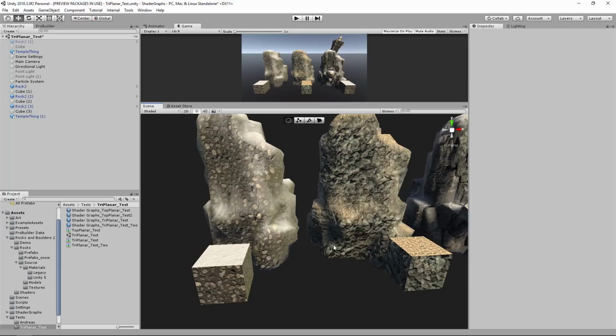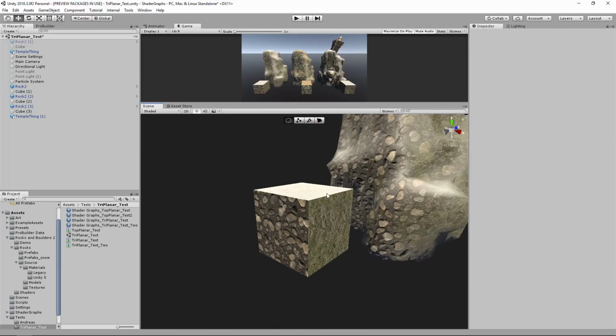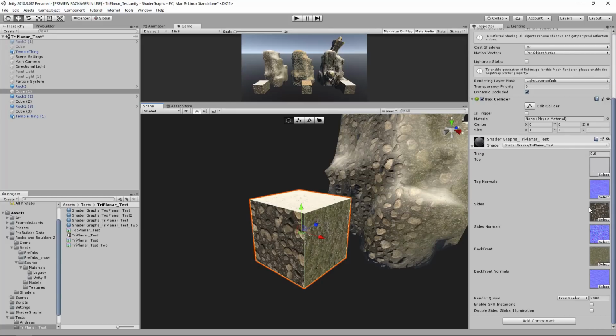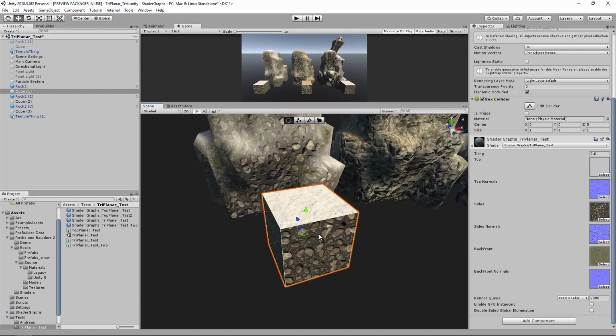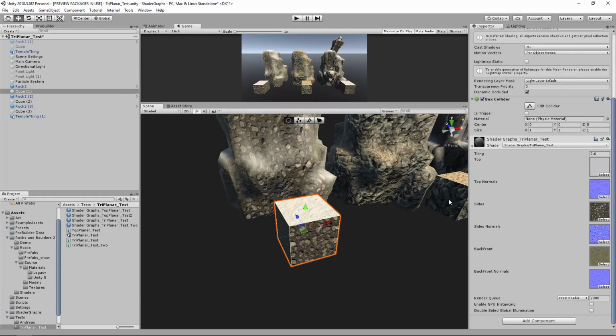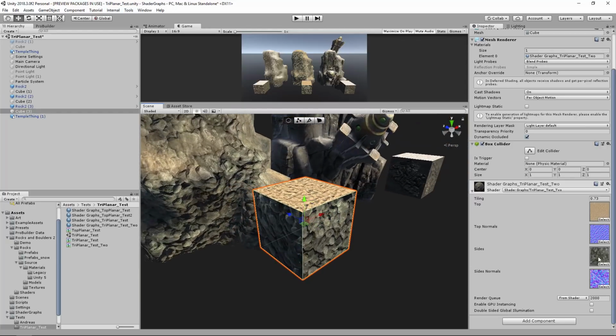So I have a couple of examples here that we'll be making. One is probably the least used example, but it's just using 3 maps for each side. So I have the grass on this side, which goes through there, I have the snow and some weird pebbly things. And then next up, it's probably one of the more common uses where it's actually just 2 maps,